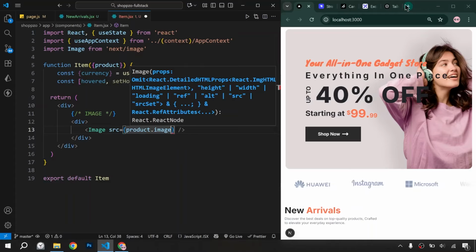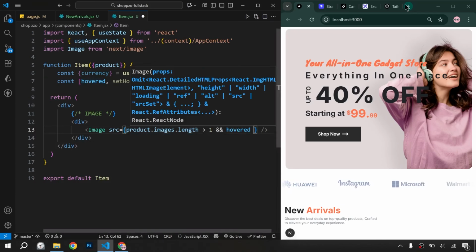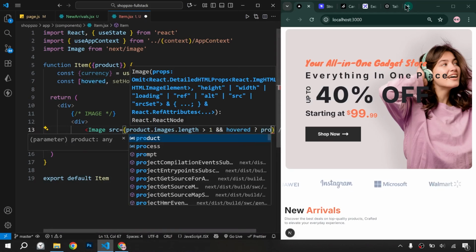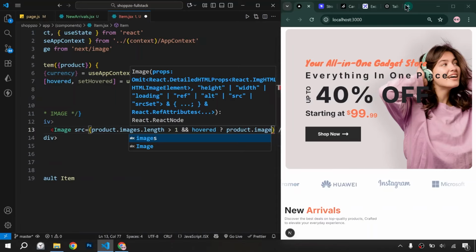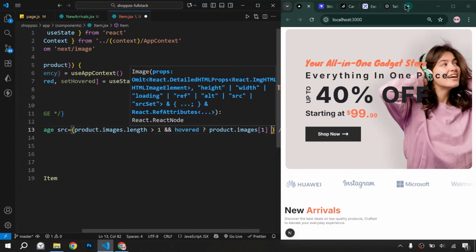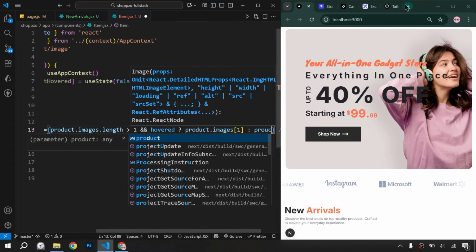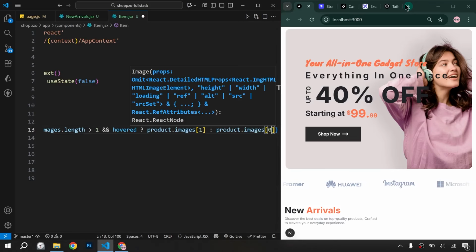And we will write if the product dot images dot length is greater than 1 and forward, then do what? Then pass the second image, product dot images. Otherwise product dot images first,